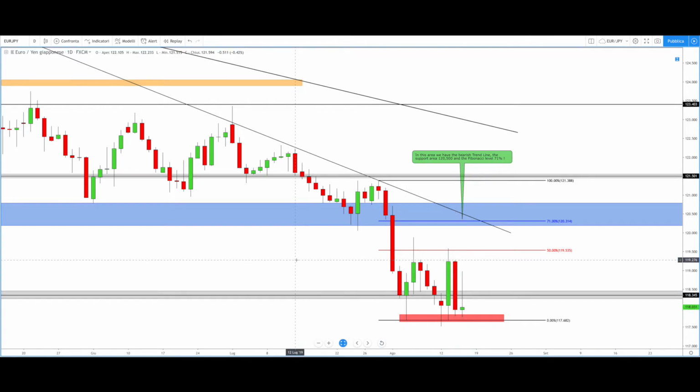So now the next critical thing to watch will be the daily closing. Try to understand if the price during the day will find the strength to come back above this level, because a daily closing above this key level will be a first bullish signal for a deeper correction. But if the price closes the daily candle below this level with a huge upper shadow, this will be a massive signal that the price is ready to reach new lows and there's not the strength to come back above this key level. For now, guys, we only need to wait and look carefully at the price action on the daily time frame,